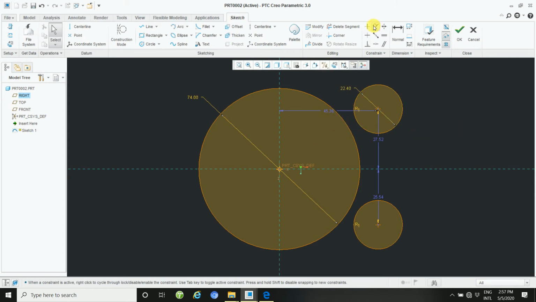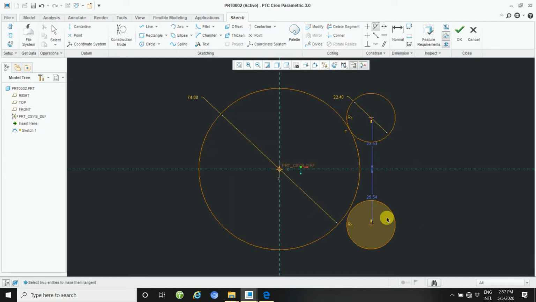And then apply the tangent. How to apply the tangent? Select the tangent, control place first, then second, this way circle will do tangent. Then apply again first circle and second tangent.